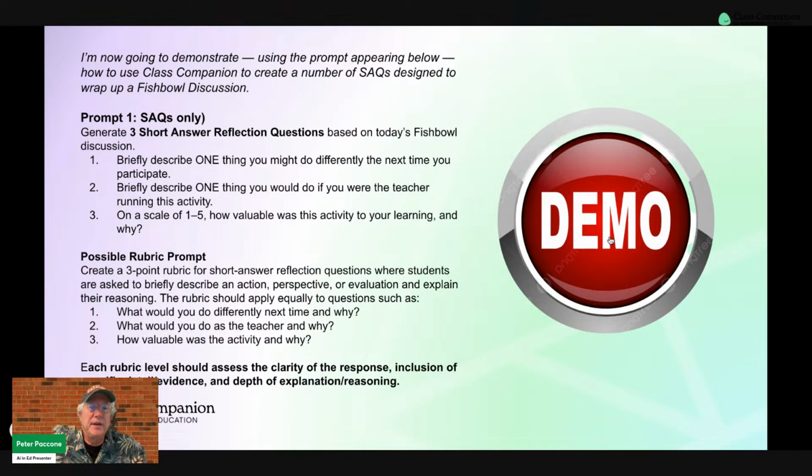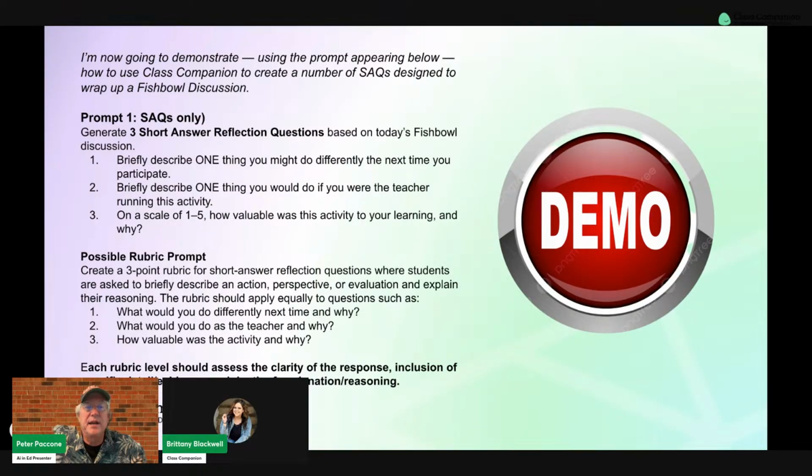I'm going to click on the demo. I'm going to scroll down to the class. I want it to create an assignment and an SAQ. I'm going to click on add assignment. I'll again